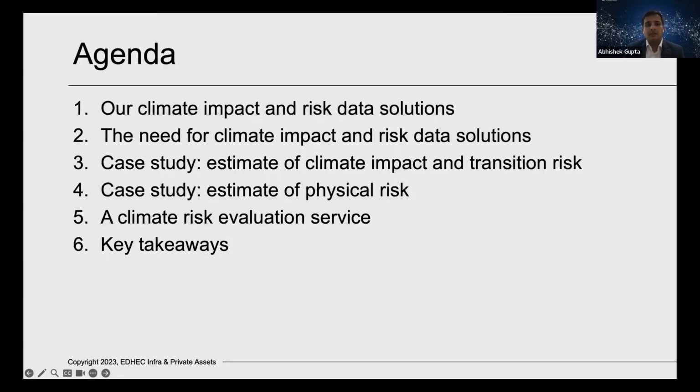Here's the agenda for how we are going to structure this presentation. First, we are going to talk about what data and solutions are on offer. We are going to go into a bit of detail and tell you a bit about the value add that we bring in. Then we'll address why these solutions and data are really needed. What are the challenges that investors are facing? And we'll take help from some of the surveys and polls that we have conducted in the recent past